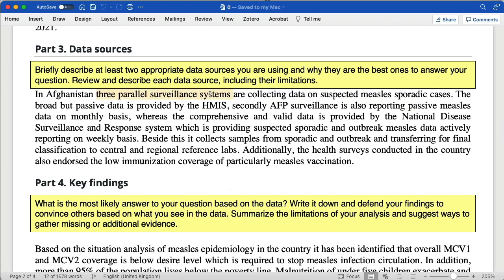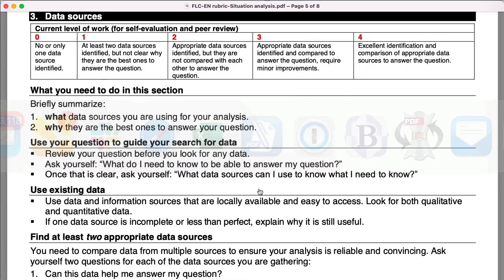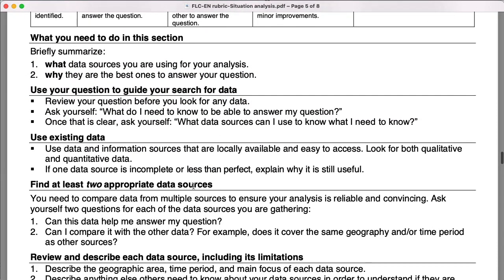So three parallel surveillance systems are collecting data. Broad but passive data provided by HMIS. Secondly, AFP surveillance, also reporting measles, and then comprehensive, valid data provided by the National Disease Surveillance and Response System. This leaves me wanting a little bit more, but yeah, it's an adequate summary. What's missing here in the data sources, as we see here, is